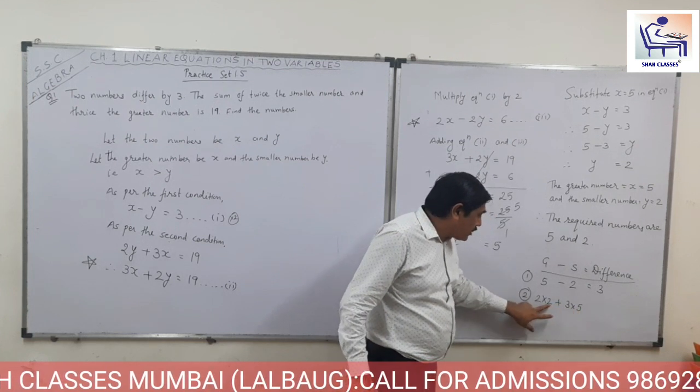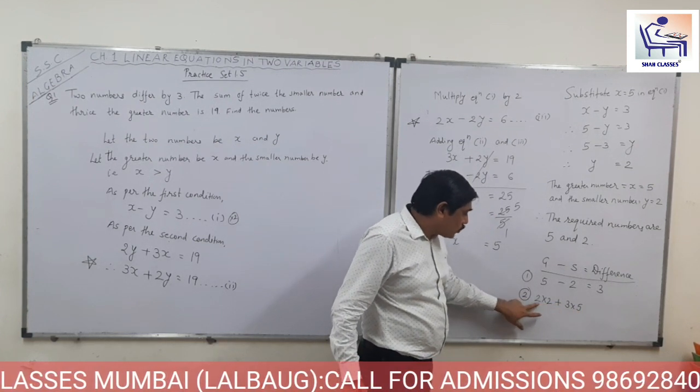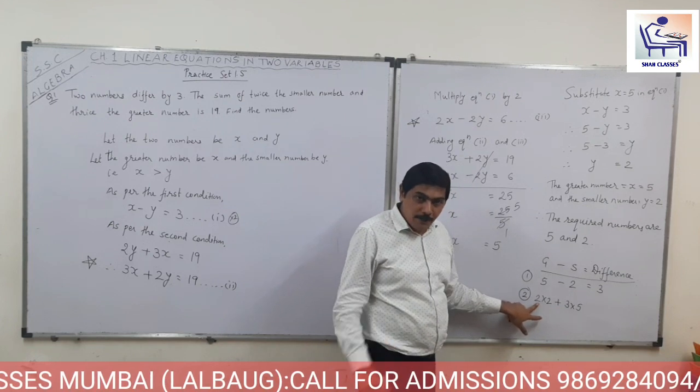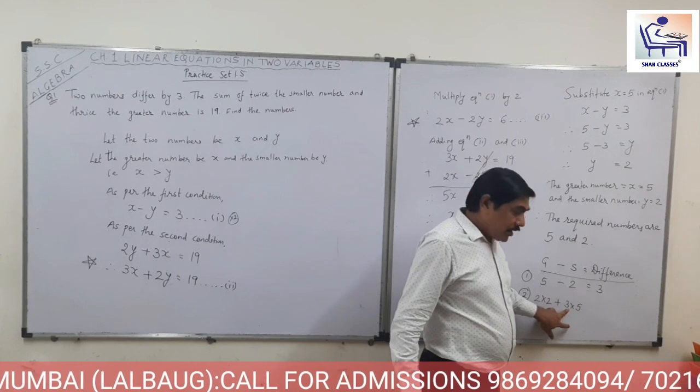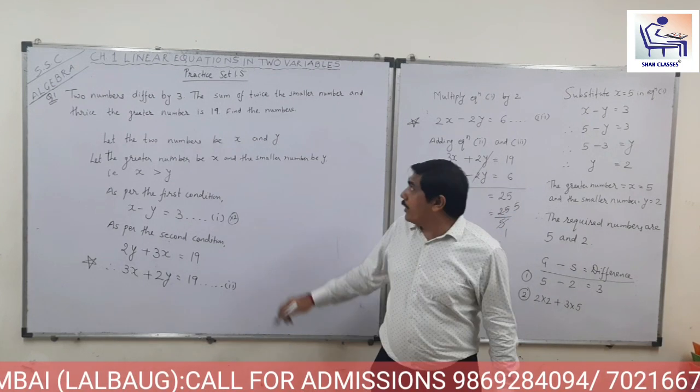This is your greater number, this is your smaller number. Smaller number को 2 से मल्टीप्लाई करना है क्योंकि twice the बोला है, और greater number को 3 से मल्टीप्लाई करना है क्योंकि thrice बोला है. So let's check क्या इसका आंसर हमें 19 मिल रहा